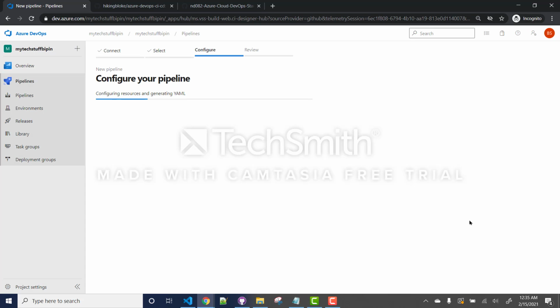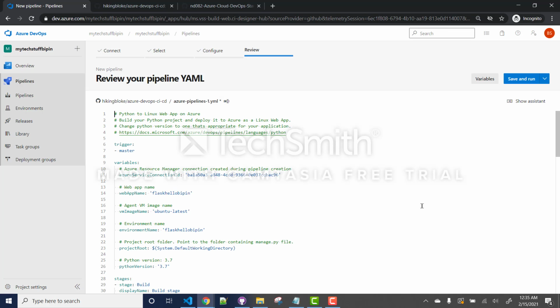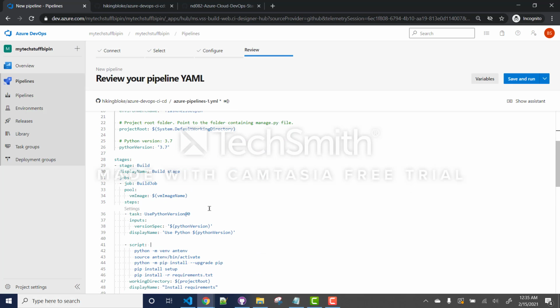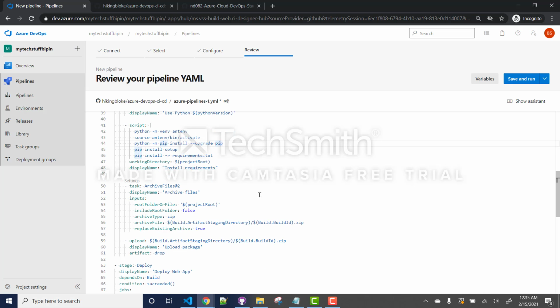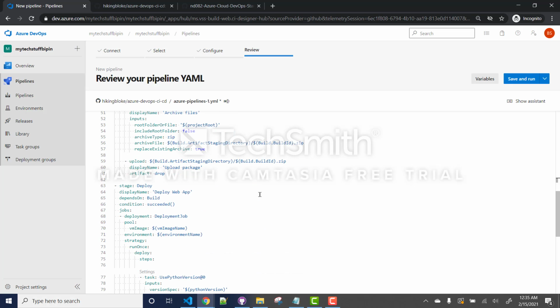So validate and configure. It's going to create a deployment YAML file. In the deployment YAML file, you will see this is the name of your web application. During the deployment, it's going to create a Python virtual environment, activate the environment, and install all the necessary Python packages for our application to function well.